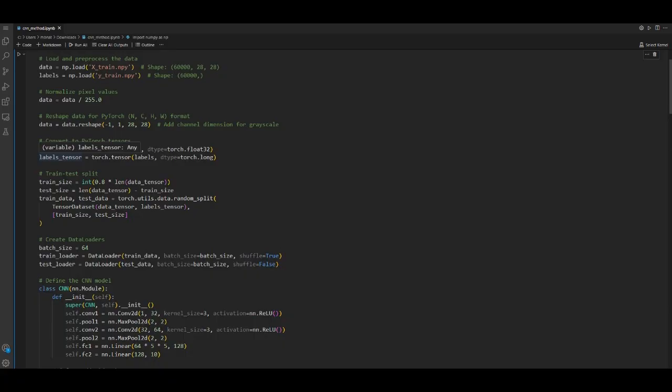Thank you. Hi, myself Prince. I'm going to explain my part. This code implements a convolutional neural network (CNN) using TensorFlow and Keras to classify handwritten digits from the MNIST